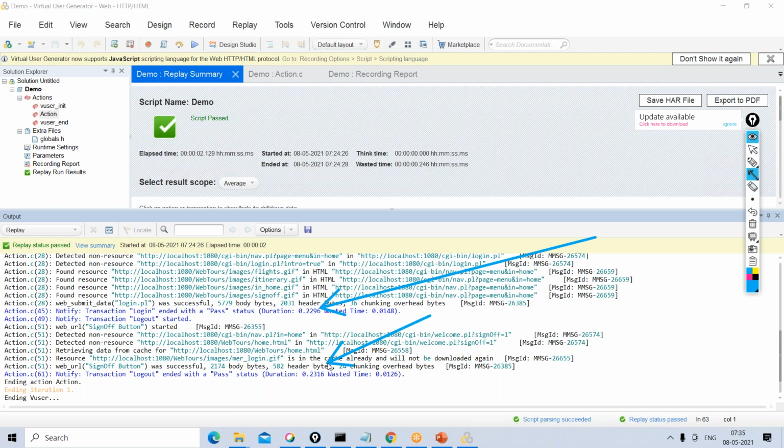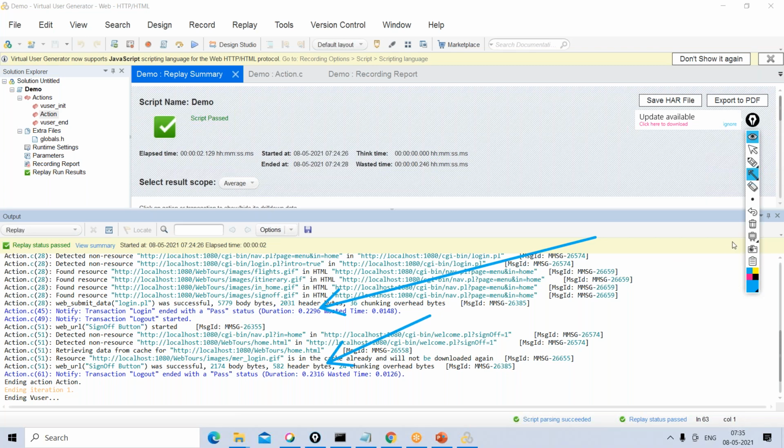Anything beyond 2 seconds, we have to analyze why it is taking more than 2 seconds. But in rare cases, or in a few projects, if they're okay with 5 seconds or 3 seconds, then it's fine. If it is beyond 5 seconds, then again we have to analyze why it is taking beyond 5 seconds. So these are the common issues or common bottlenecks. In performance testing terminology, we call them bottlenecks.